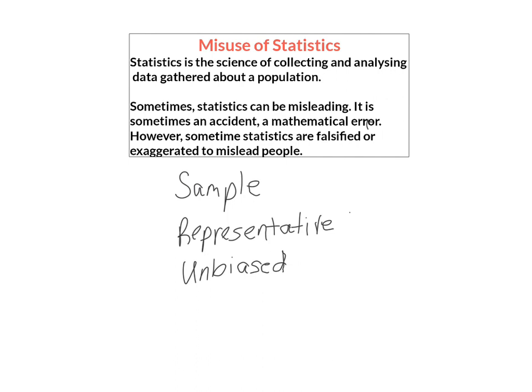One way you could do that would be if we wanted to survey something about the first years, say I wanted to know how long the average first year spends on their homework. If I took from that population of first years just 30 girls as my sample, that would be biased, and slightly misleading on purpose because I excluded the boys. If I knew I was doing that, that would be misleading. But if by accident I never thought about it and just picked 30 girls, I could have just not understood how to correctly conduct a survey. There is a difference, and we have to know when something is just accidental or when it's misleading.